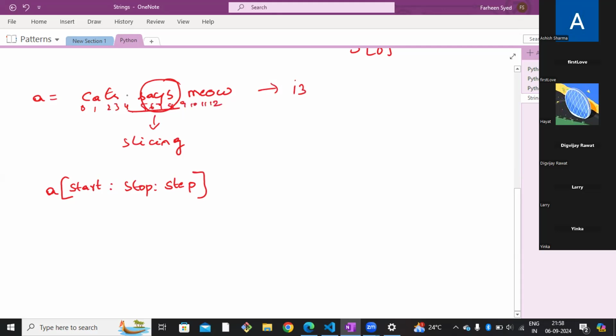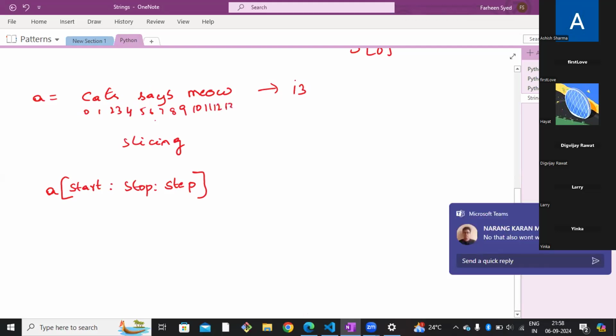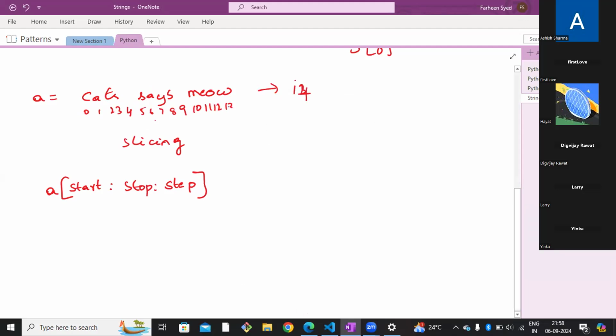Something I have missed here. Let me rewrite it a bit. This is 9. I think it's 14 length. Okay. So I want